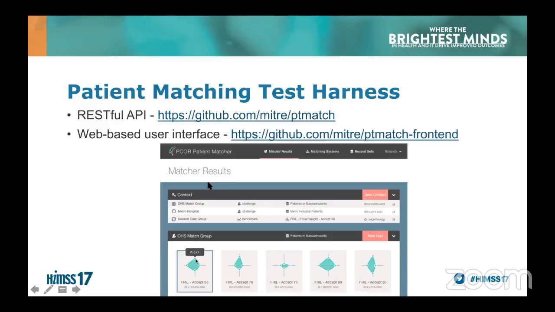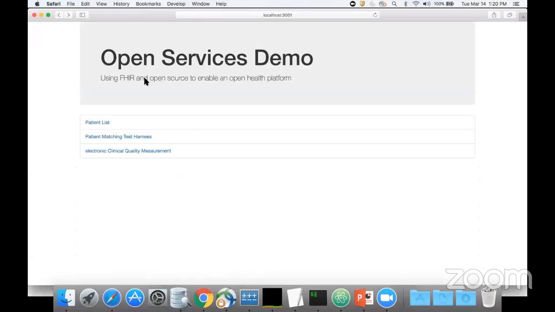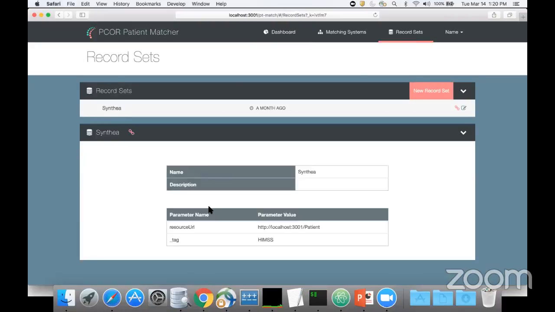What you can see a screenshot of below is our patient matching test harness, and I'll give a demonstration of this in a moment. But this is our user interface. Again, we have another web-based user interface that can be used to explore the different things that I just mentioned. So I'm going to go back to my home page and drill into the patient matching test harness. You can see here that I have a data set that I generated from Synthea, which I described. This is the same demonstration that I just gave at the HIMSS conference. And so I tagged my data set in here with HIMSS,